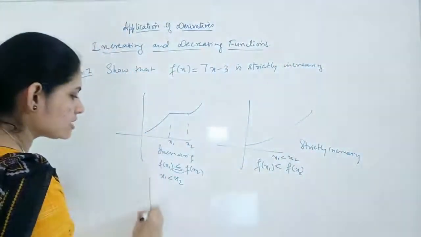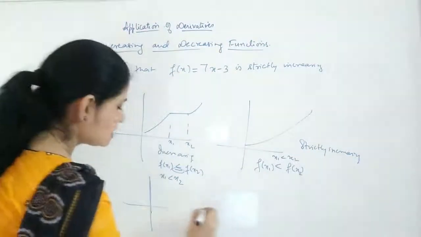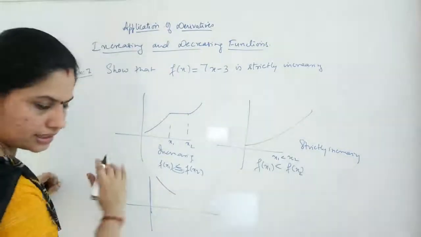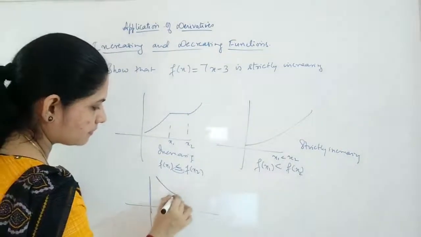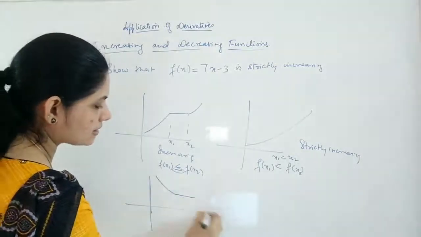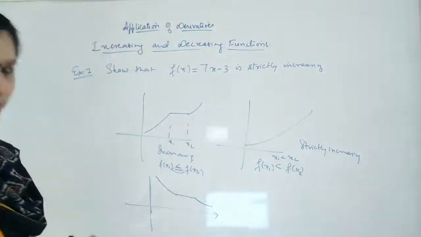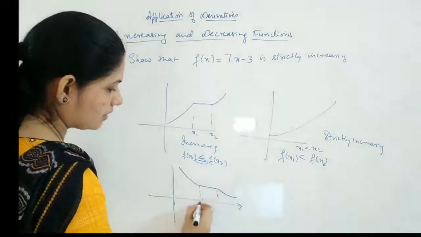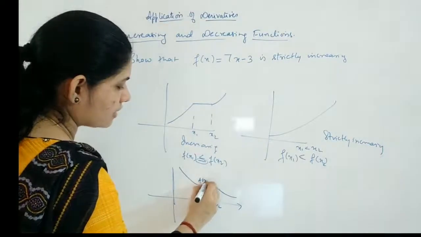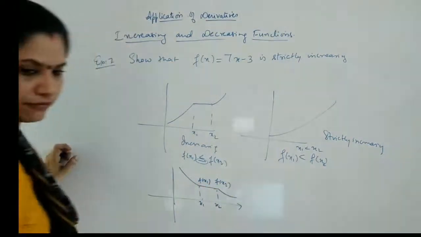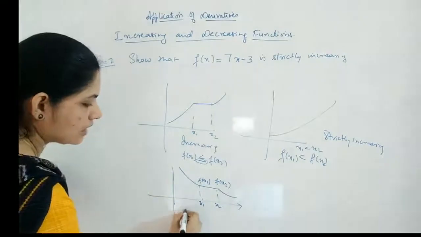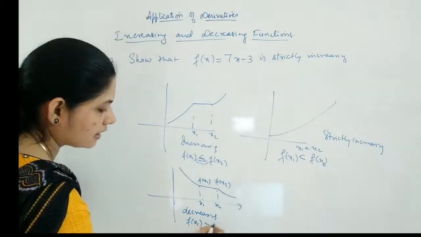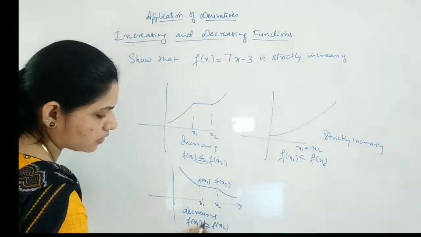Okay. Again, for decreasing also, you will have the same thing, which is the graph. Suppose this is going like this, in descending order. Then it has a line parallel to the x-axis, then it is again going down. So in this case, you can see that here again x1 is less than x2, but your function value has the same value. f of x1 is equal to f of x2. So it is actually decreasing. That means here you can have f of x1 is greater than or equal to f of x2. Equal to can also come.